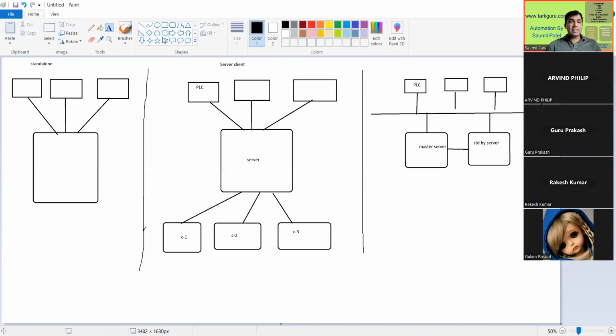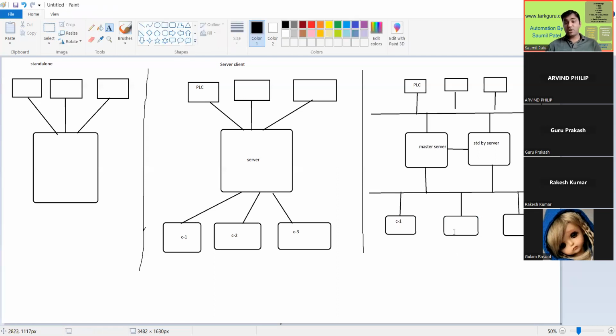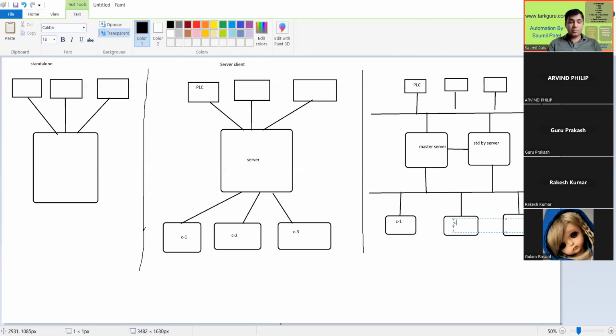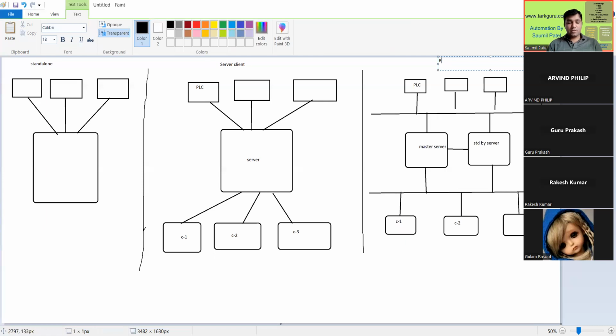Now the clients are connected. Let me draw the clients over here. For example, if you have 3 different areas, 3 different IPCs, 3 different clients. The clients are connected by using the terminal bus. So this bus is called a terminal bus. Your SCADA, your 2 servers are connected to this terminal bus, and your 3 clients will connect to this bus itself. So this is called a standalone, sorry, not standalone, it's a master standby architecture of the SCADA. Let me write it down over here. It's a redundant